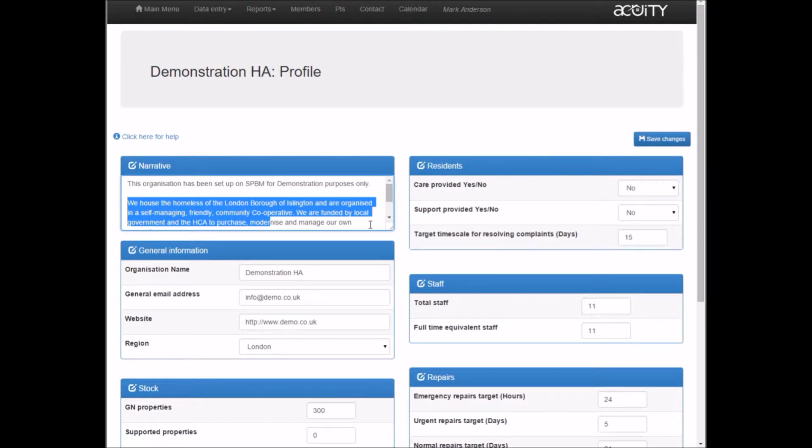So this isn't benchmarking data as such, it's more contextual and background information about the organisation. Some of it is used in benchmarking reports, particularly things like the stock levels that we'll use to calculate things like numbers of lettings as a proportion of the total stock. But we also use this data to identify peers when we're looking to run reports, and other members of SPBM will use it as well if they're trying to run a report and identify a good peer group to compare